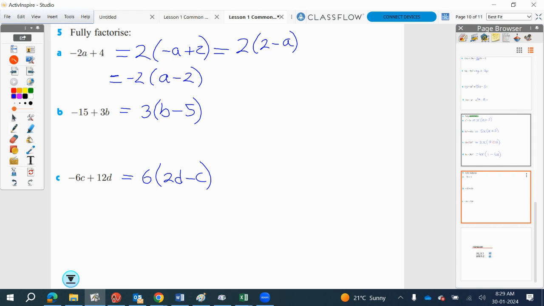Check your answers are correct by using the distributive property and expanding the bracket in your head. So check that you've got it right just by expanding the bracket. Check that I'm right. What is 6 times 2d? 12d. We've got one of those. What's 6 times minus c? Minus 6c. Yes. Does it have minus like the first